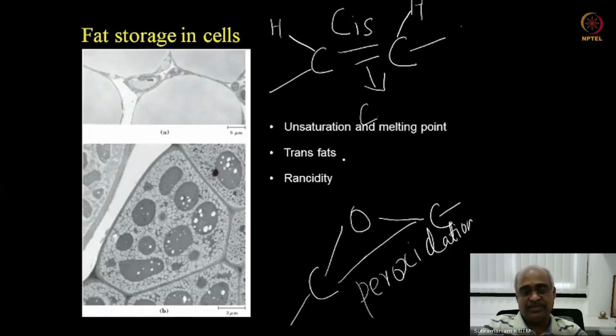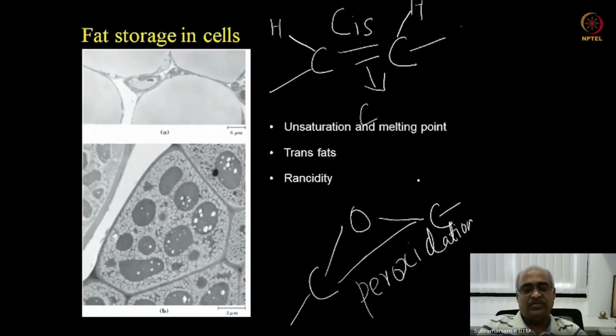And where do we get the trans fats normally from? There are two sources of trans fats. One, cattle, cow sort of animals, their digestive system harbors bacteria that produce trans fats. Okay, so therefore meat products as well as dairy products have trans fat. That is one source. So you should not have too much of them. It's bad for health. And second source is